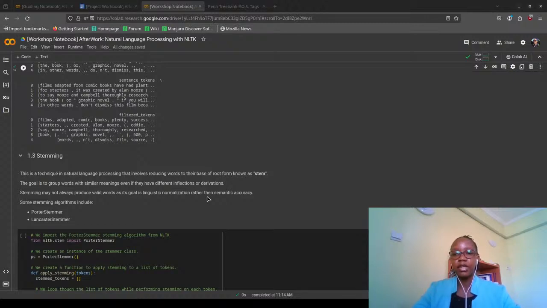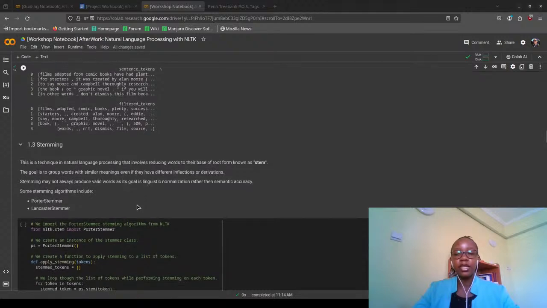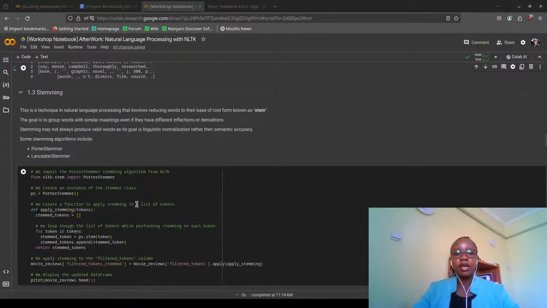Stemming takes a word and removes any prefixes or suffixes from the word to get a root form of the word. So it may not always produce valid words because its goal is to normalize our data set rather than to maintain semantic accuracy. Some algorithms that we can use for stemming are the Porter stemmer and the Lancaster stemmer,